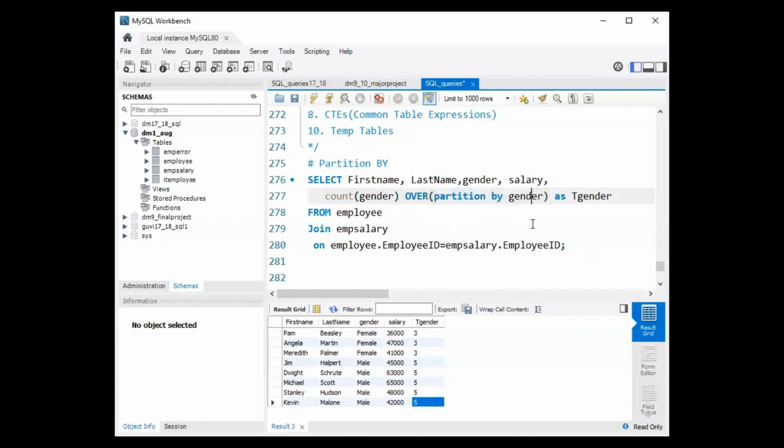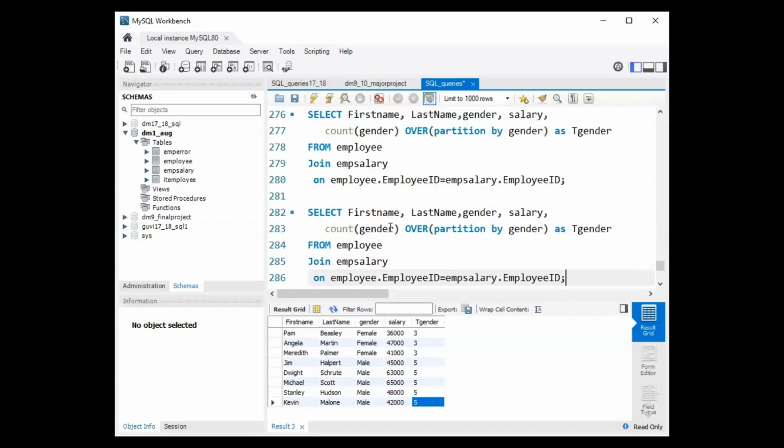It divides according to any category. Suppose you want to calculate the average. Then you must say average of something. Let's take one more example. Here you can say average of salary, right? Then over partition by